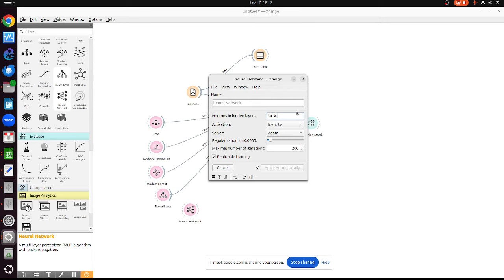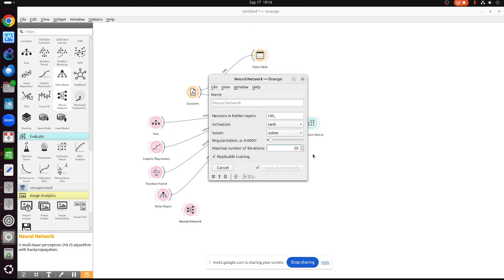Here, to make things simpler, I will use single layer neuron, and then the activation I will use ReLU. Okay, or because this is classification, maybe I can use logistic. Okay, so you can play around with this. Either you can use identity, logistic, hyperbolic tangent, ReLU, whatever. Because this is classification, I will use either logistic or this. The solver, the good solver normally Adam. Okay, the number of iterations